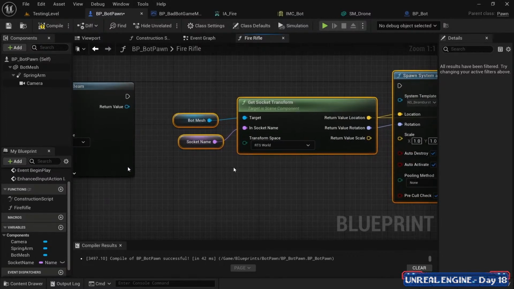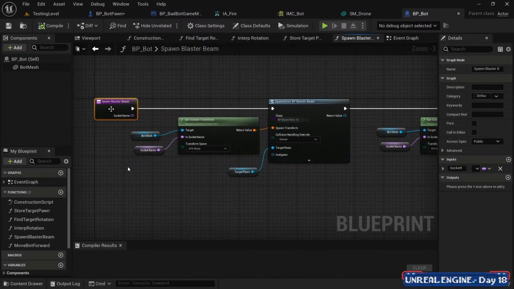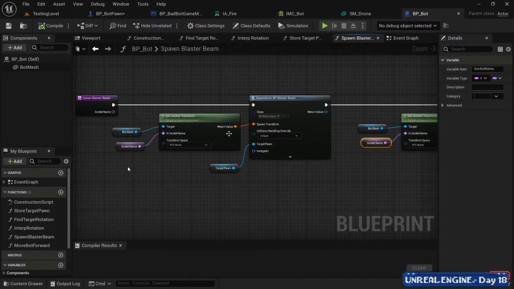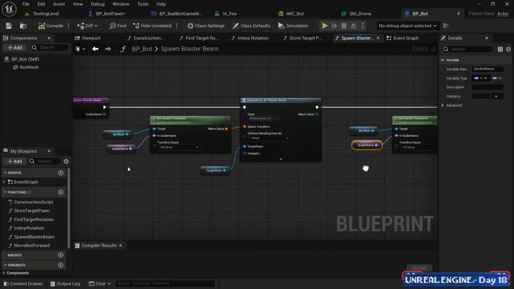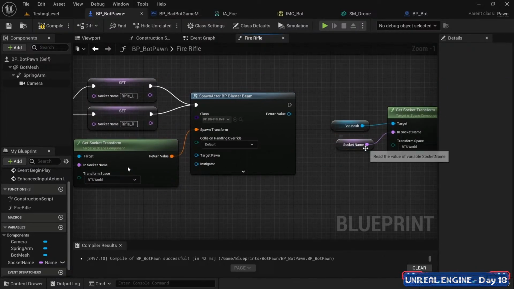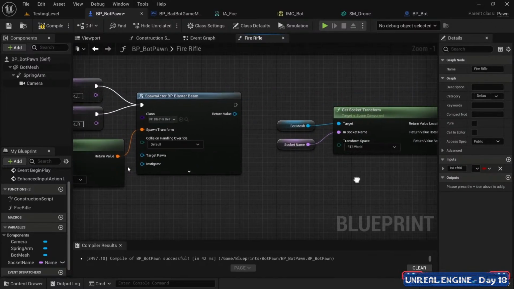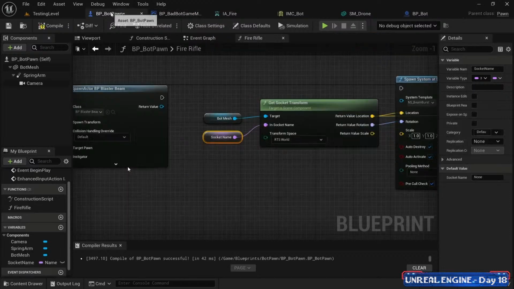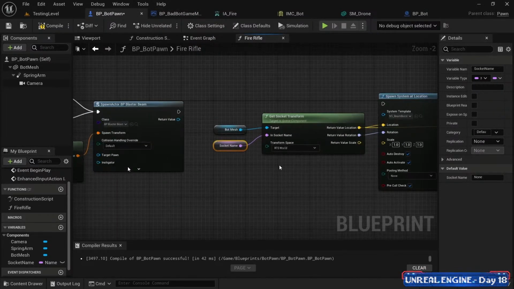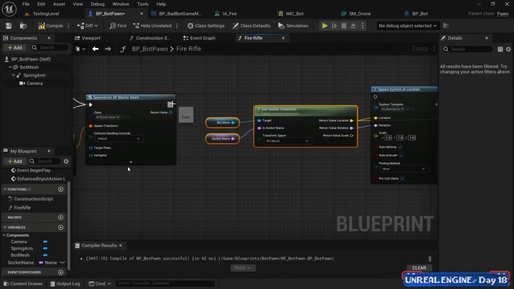Now the interesting thing is that in BP bot we had socket name, right, which was an input parameter to this function. This is kind of like a local variable. It's local within the scope of the function. It doesn't exist outside of it. When I created a local variable in Fire Rifle, I created a variable that's local to the function like that, but it's not an input parameter. That's the only difference. But because the variable socket name exists within this function, I can paste that node in and it just links up and it uses socket name. Pretty convenient. So I can hook these up